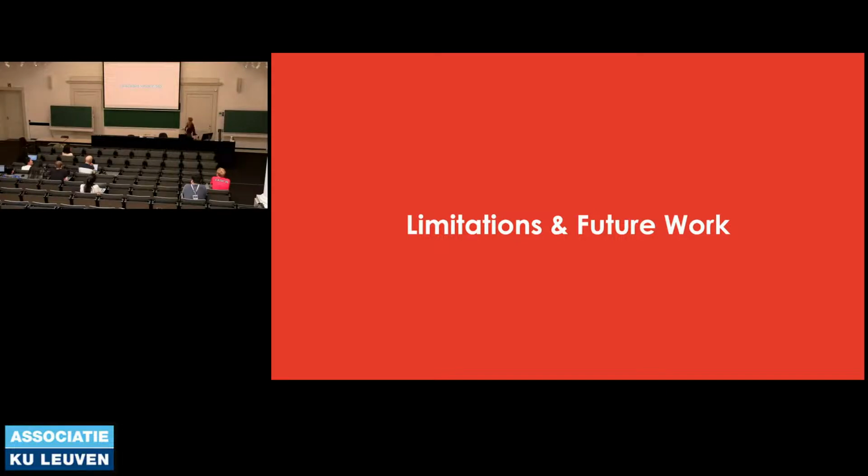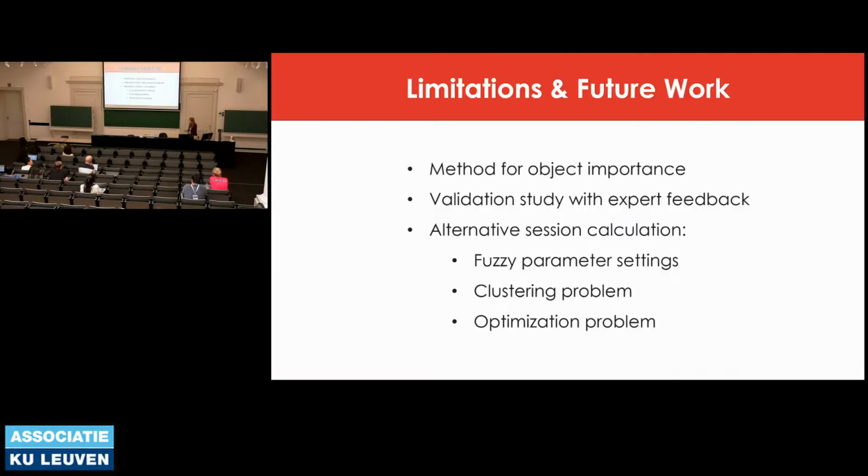I will conclude with some limitations and future work. First of all, this method for object importance, as I already said, is very project specific. It's hard to give a default method. So for example, if you apply the current method to software engineering, it would point to files that had frequent bug fixes, for example, but not necessarily contain the feature criticality. So you have to adapt this to your use case, and it's very hard. I'm not quite sure if I can find a default method for this.